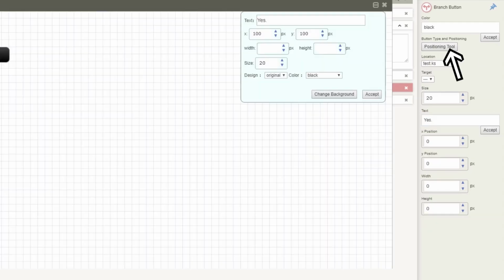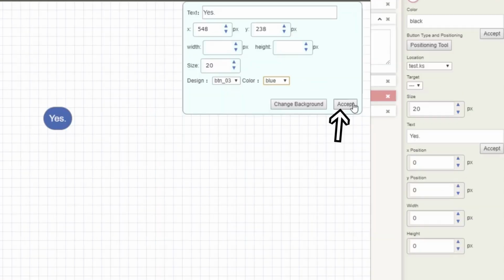I click on the Position tool to place the buttons and pick what they look like. There are multiple button options, so you can choose which ones you like best. Also, make sure to click Accept to save your changes. Also, I found it's better to change the size of your buttons over here. For some reason, it won't save the size if I change it in here, but that may be a glitch